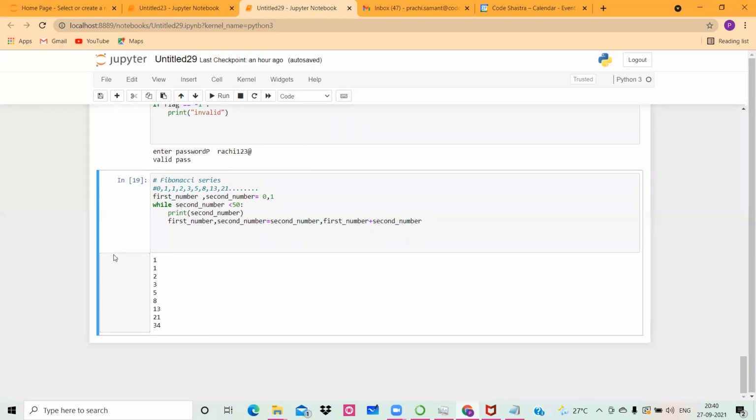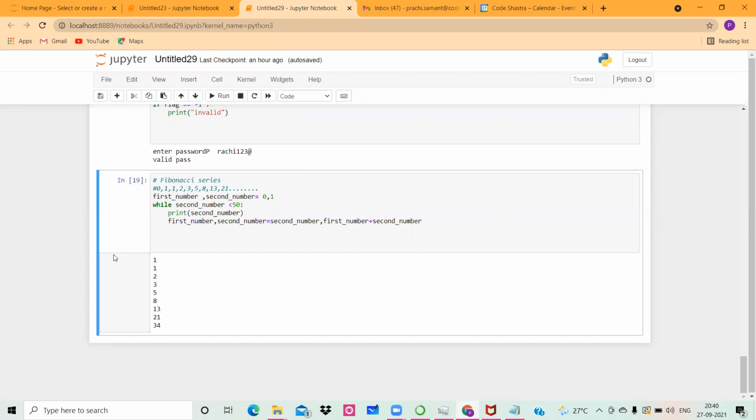You will be really fascinated to know that there are a lot of series in mathematics, and once you understand how to write 3 or 4 series, so basically वो एक function है. एक बार आपको function समझ में आता है, then you can write the code for any series in mathematics. So we will do that. I'll share some questions based on that so that you can try it.